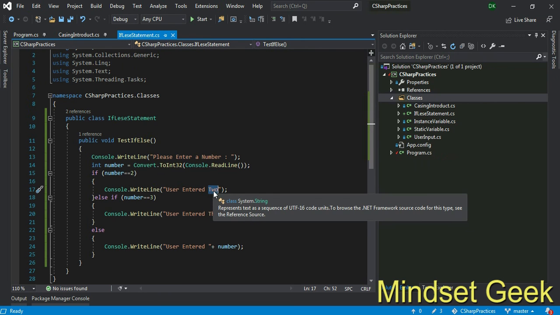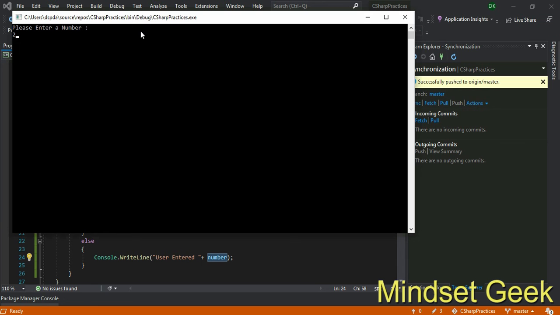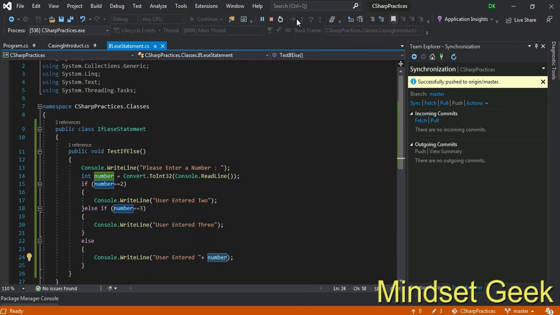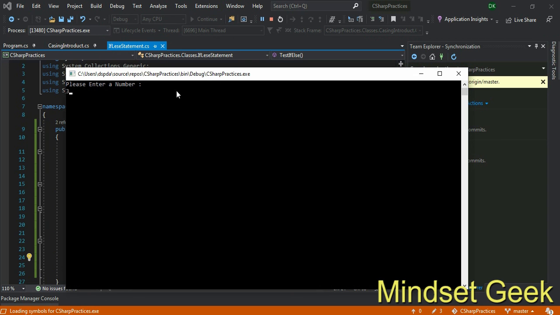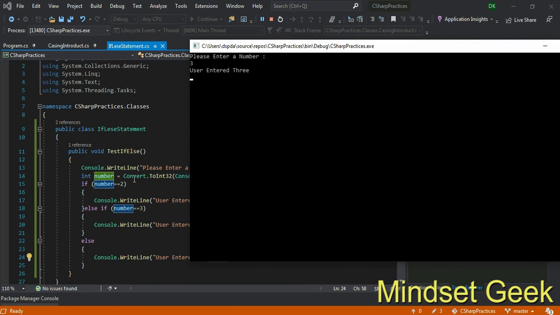Actually it is okay. If the user enters 2 or 3, it will return like this. It will show 2 or 3 with a word, right? Otherwise it shows the number. If the user enters 2, it will be 2. If the user enters 3, it will be 3, right? It will be 3 means, first check this statement. If the user entered value is 2, it's not. Then check this one. The user entered value is 3, yeah, that is true. Then print this one, right?